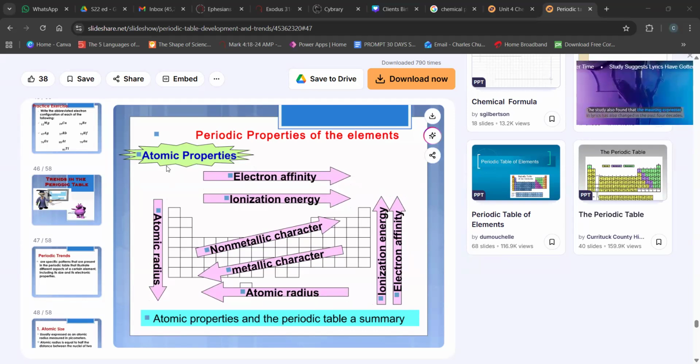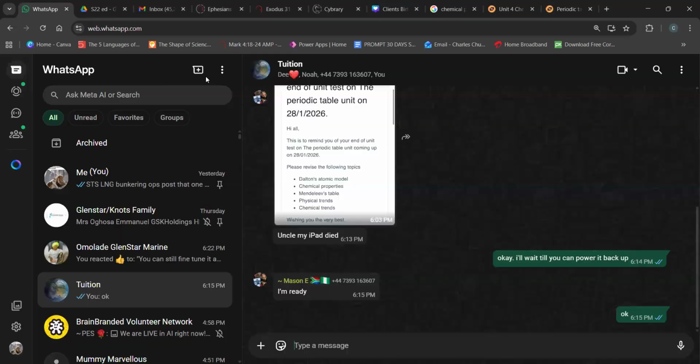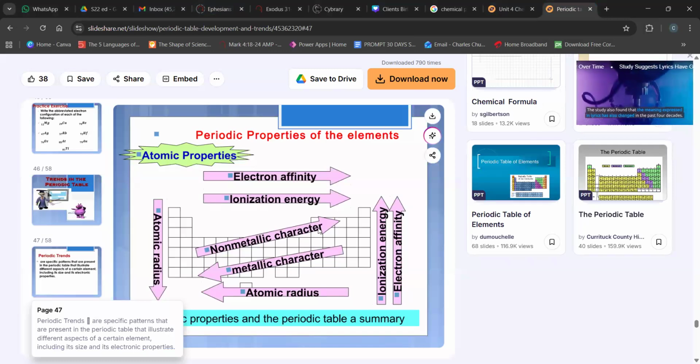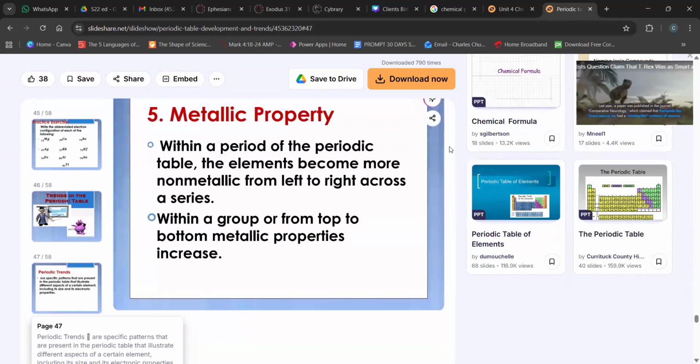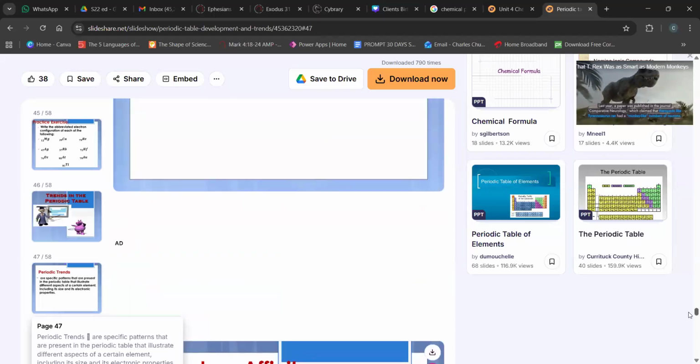Okay, so let me quickly take a look at what you have. Physical trends and chemical trends. Okay, so it looks like some of these trends I discussed now, I'm not sure. Are they chemical trends? Are they physical trends? Some of them are chemical in nature, but we're talking about chemical properties. Okay, let me quickly see if we have any slides here for